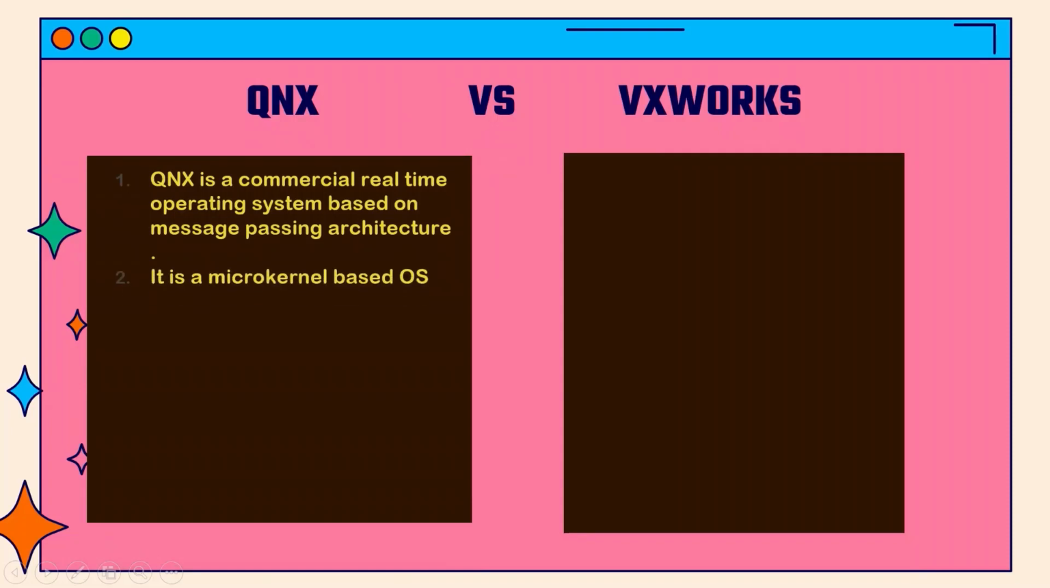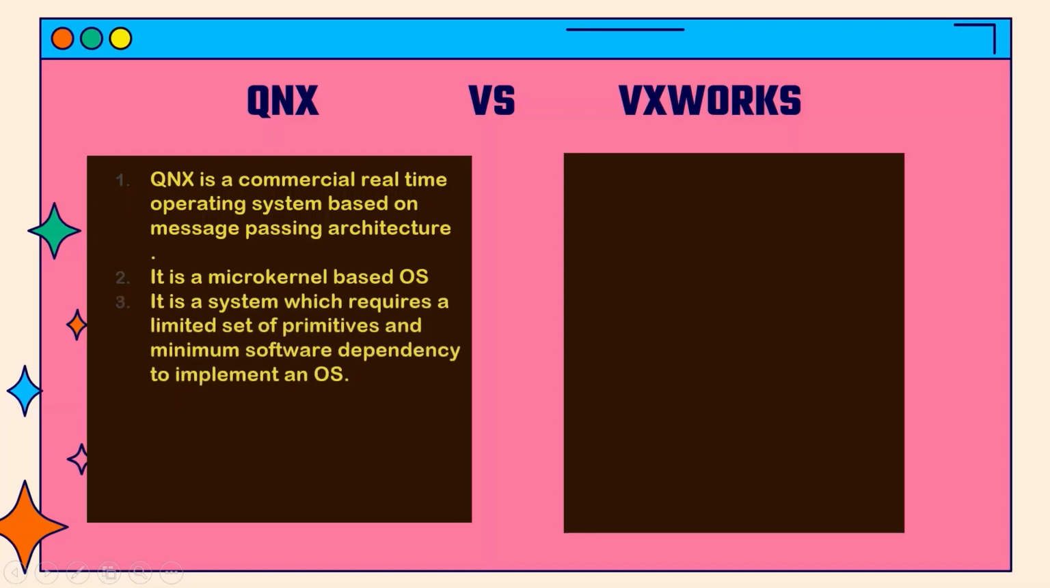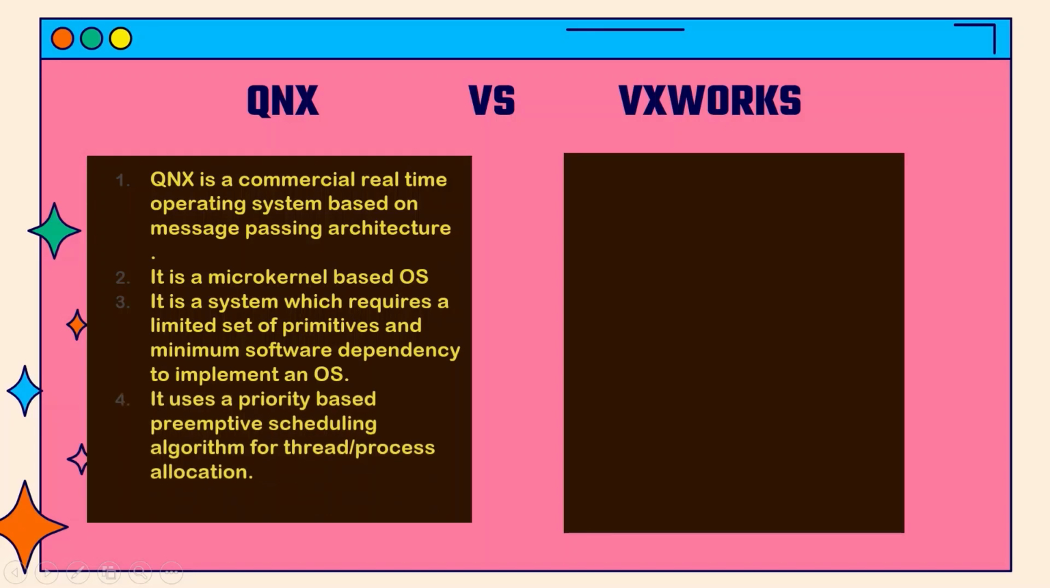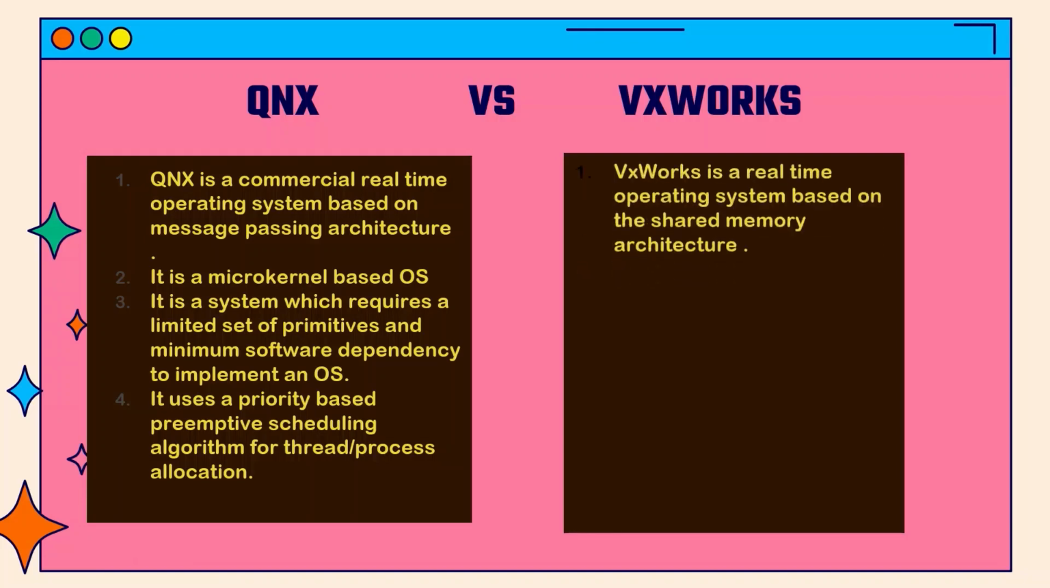QNX is a commercial real-time operating system based on message passing architecture. It is a microkernel-based operating system. It is a system which requires a limited set of primitives and minimum software dependencies to implement an operating system. It uses a priority-based preemptive scheduling algorithm for threads and process allocation,